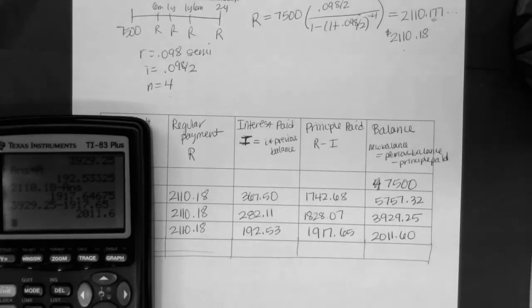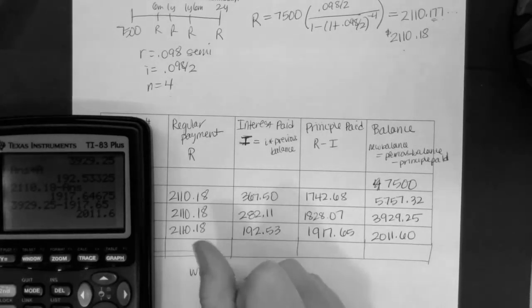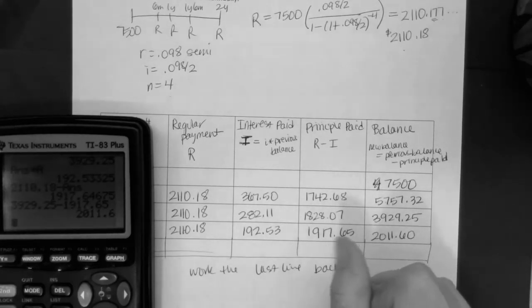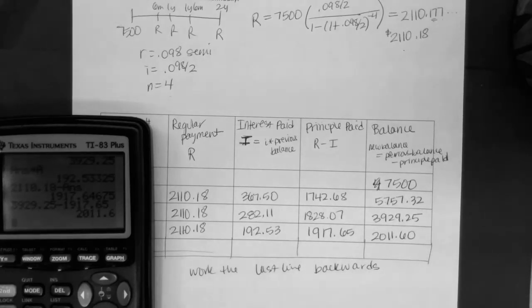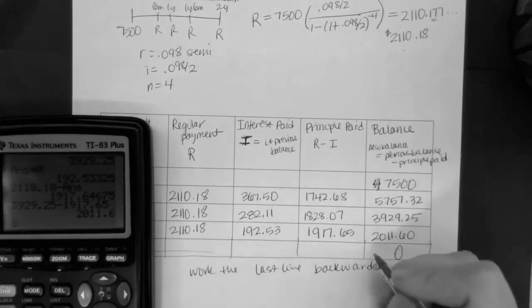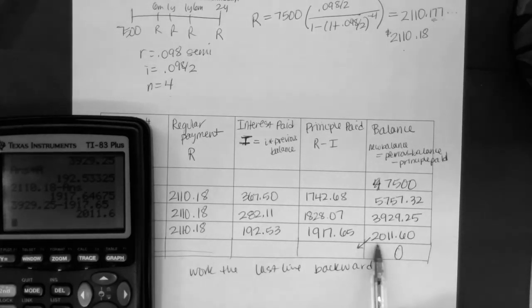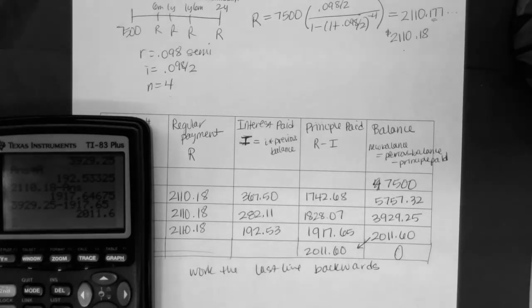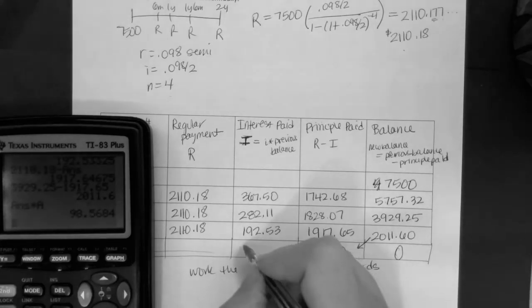Now this last line is going to work differently and we're going to work it backwards. Okay, so work the last line backwards. Okay, so what we mean by backwards is our balance here, we're paying something off, so our balance should be 0. So that means that our principal has to be right now what we have as our balance, 2,011.60. Okay, now we're still going to find our interest paid the same way, so we're going to take that 2,011.60 and multiply it by our interest rate, that 0.098 over 2. So we get